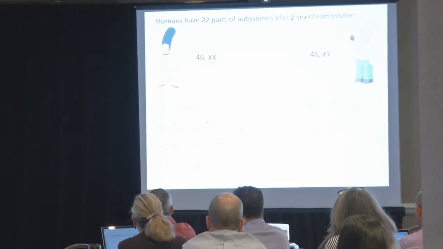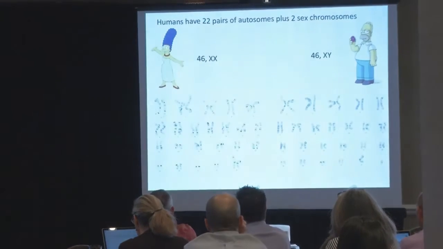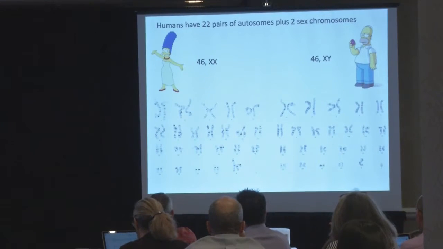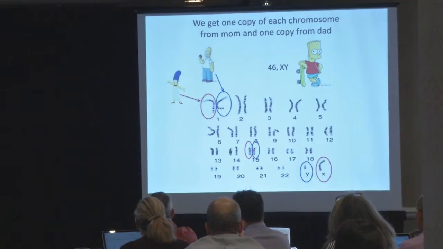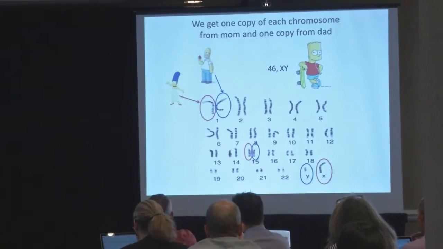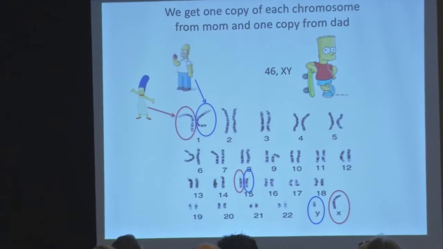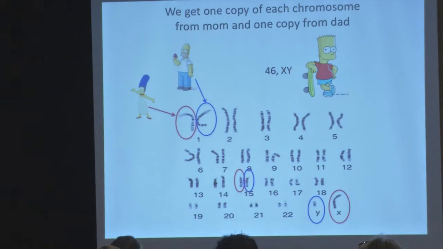If you're Homer, you've got 46 XY. This matters because we get 1 copy of each chromosome from our mom and 1 from dad. So Bart here gets 1 chromosome from Marge and 1 from Homer, and this is true for every chromosome pair we have. And it's true for the sex chromosomes, of course, and it's true for our favorite chromosome